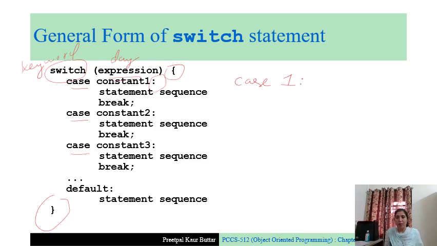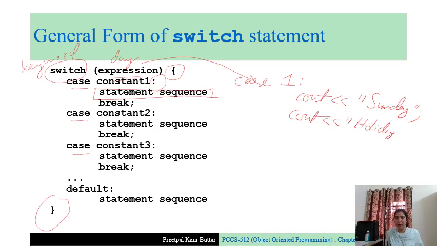Okay, so these are the statements which will be executed when the value of the expression matches with this case. For example, if day is 1, I want to print Sunday. Now you can write as many statements as you want.